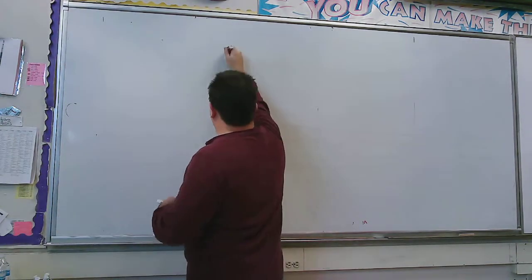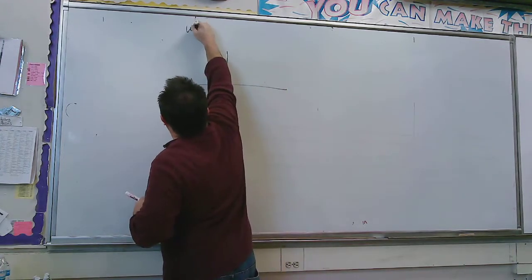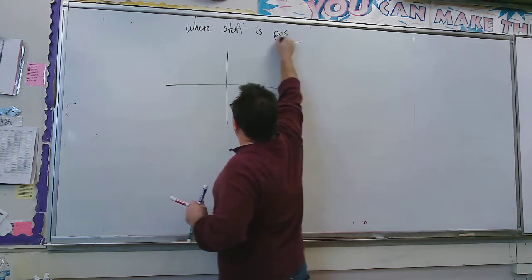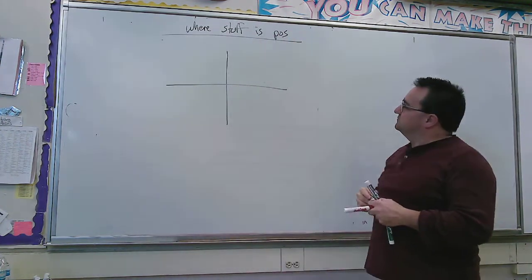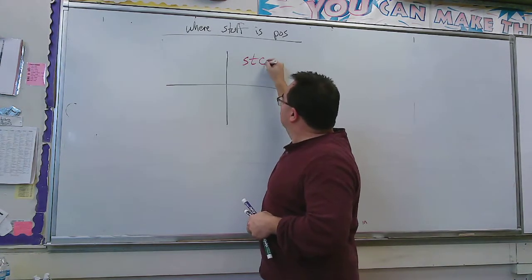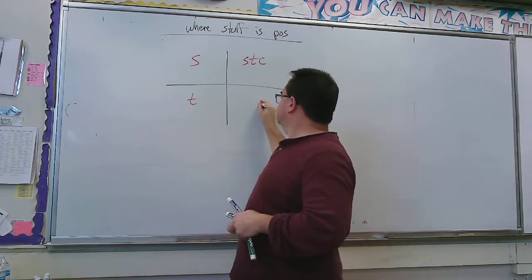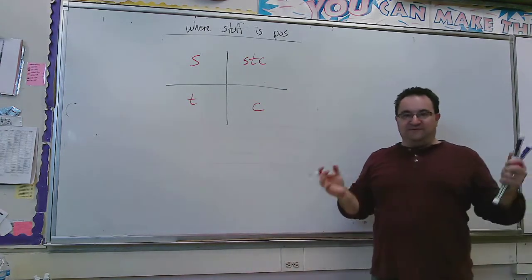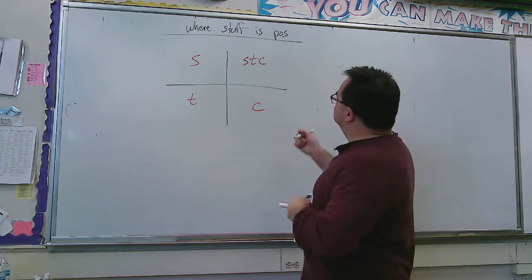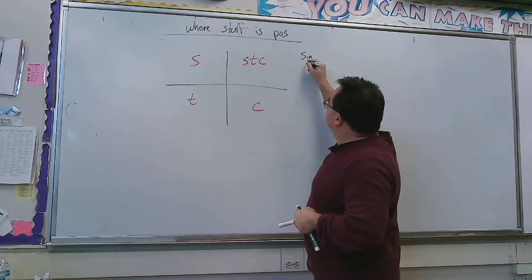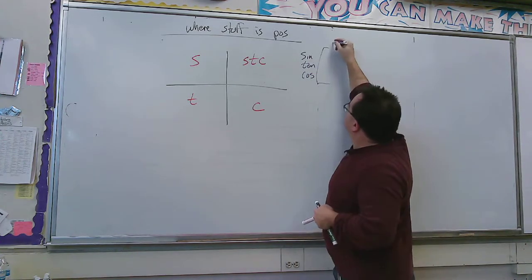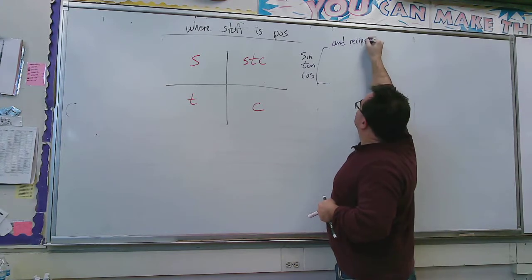All right, all that information you can remember by remembering this, where stuff is positive. So this is what I advise you to remember. The way to understand this is like this. Sine, tangent, and cosine, and their reciprocals